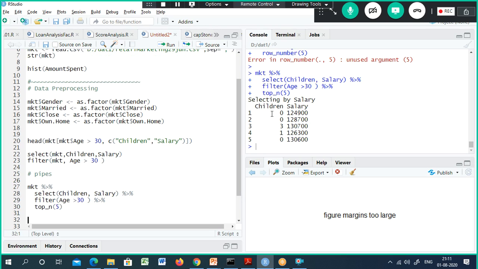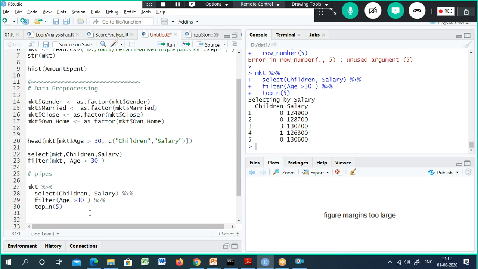But if you look here, those with 0 do not have kids. If you look at that data set, it is 12, 12, 8 and 13, in ascending order. And those with one kid, and those with 3 kids, their salary is this one. So using the top n function also we can find this out.